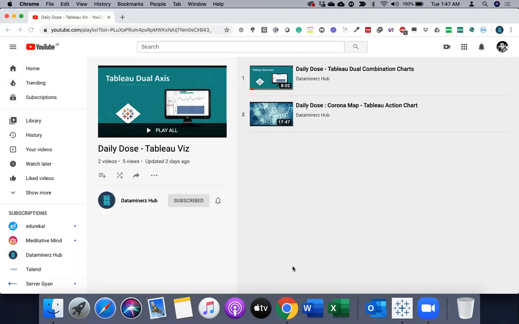In today's video, I'm going to demonstrate how to manage multiple sheets while creating a dashboard in containers, and to give an option via parameters so that end users or business users can select a single sheet out of multiple sheets